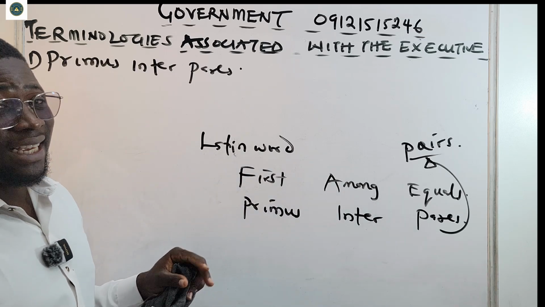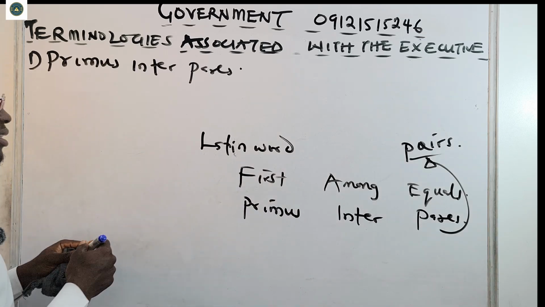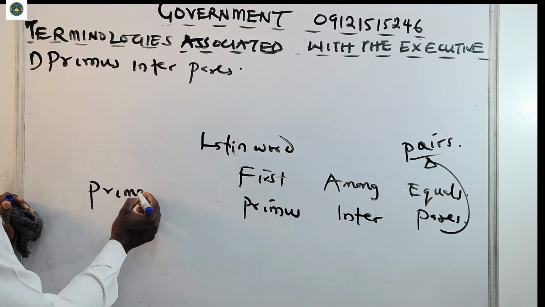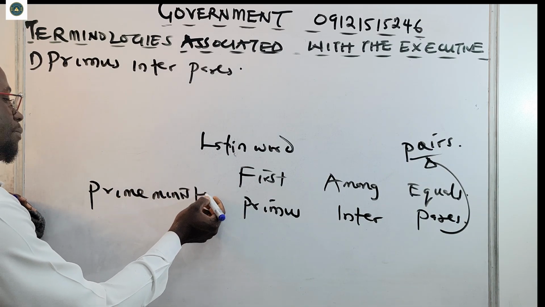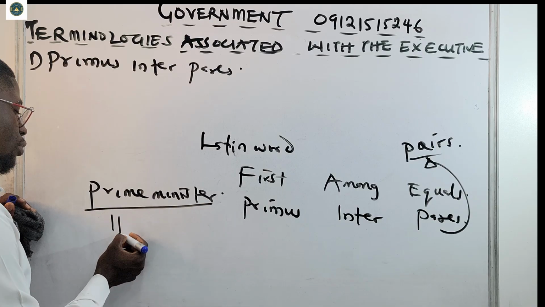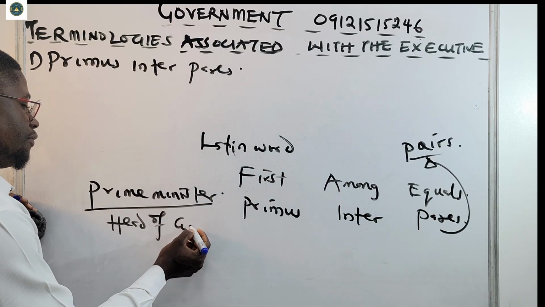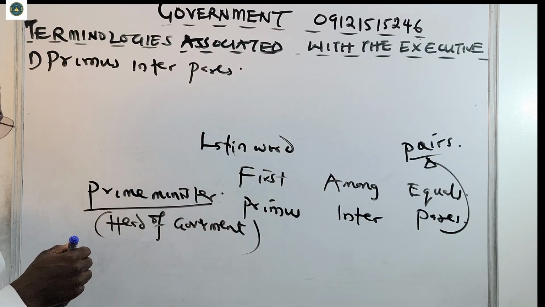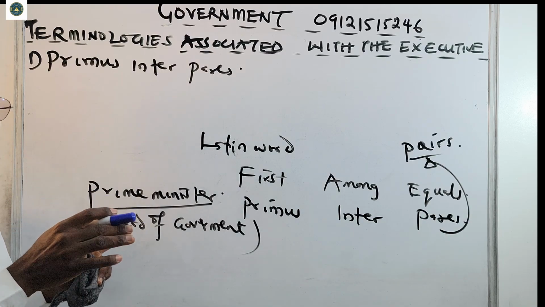Primus inter pares. All right, is usually associated with the parliamentary system of government. All right, where we have the prime minister. The prime minister is the head of government. Okay, the prime minister is the head of government, but of course, when it comes to cabinet meetings,